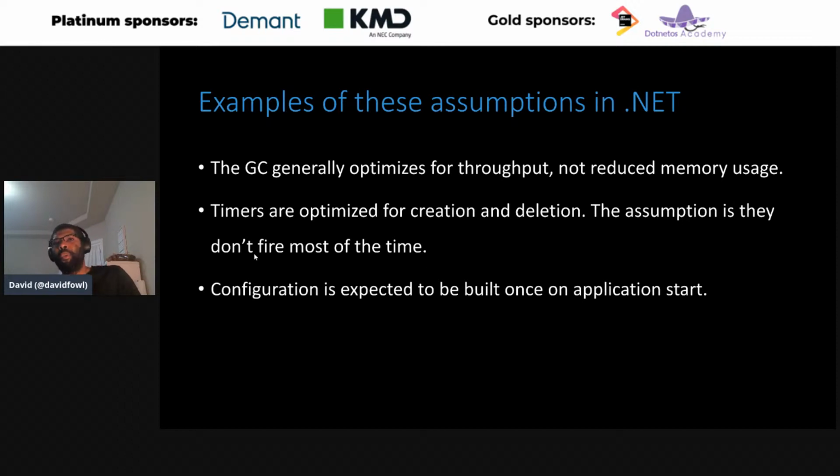And then configuration. We generally believe configuration is built once at app start, but it changes behind the scenes as your config source changes. We had this team use the JSON configuration source as a JSON parser, and they were creating a configuration source once per request and building it, and they weren't disposing it. So it kept adding file watchers to the same directory over and over and over, and it killed the entire process at some point. It's another example of a thing that is really hard to express in the type system and the API.